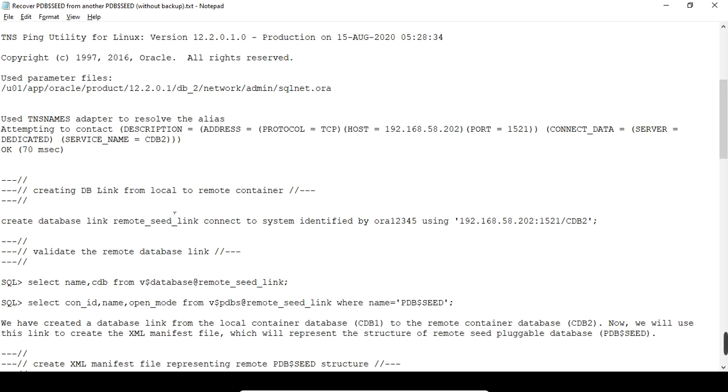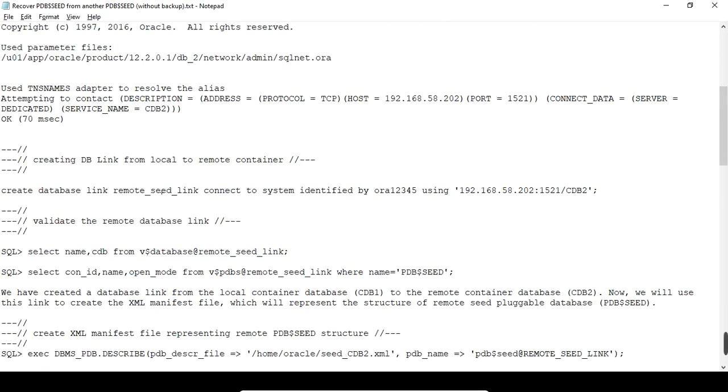Now we need to create a DB link from the local container to the remote container.